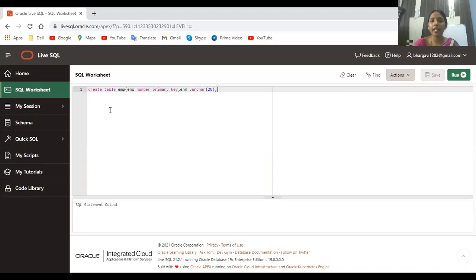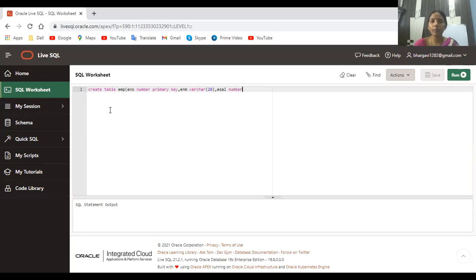That means what? Variable length of character. Maximum 20 characters it can accept. Up to 20, if you are not using, remaining characters will not be wasted. If you write char 20, then 20 characters will be fixed for the employee name. If you are writing only 5-6 characters of the employee name, the remaining will be wasted. In varchar, it will not be like that. Next, I am writing employee salary. That is also of number type.